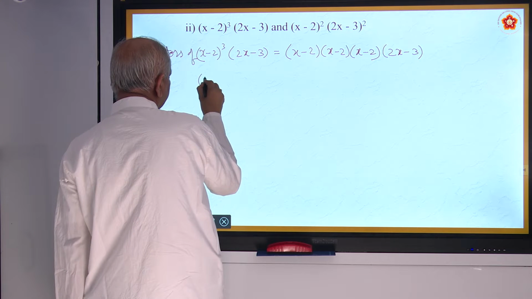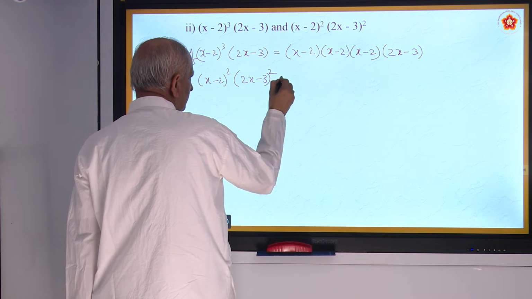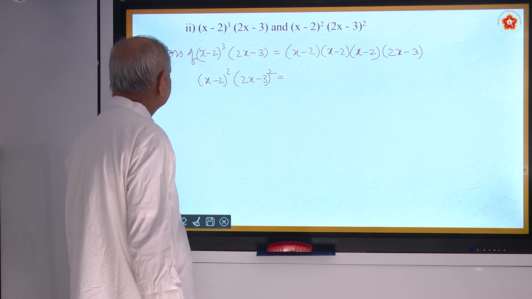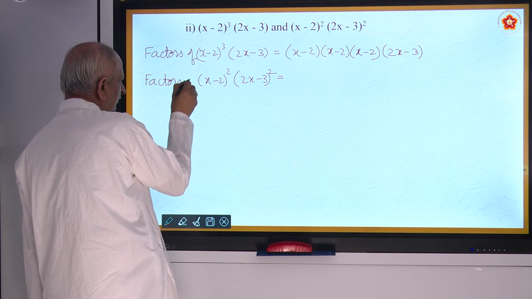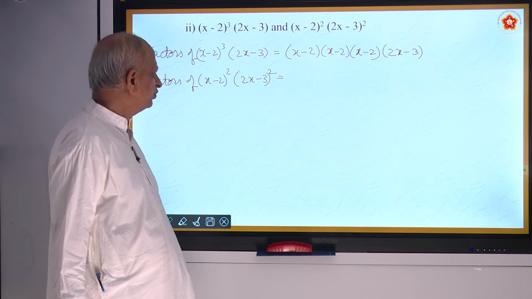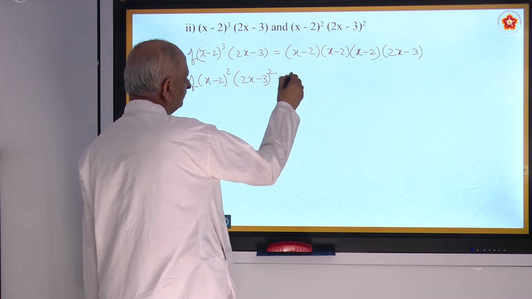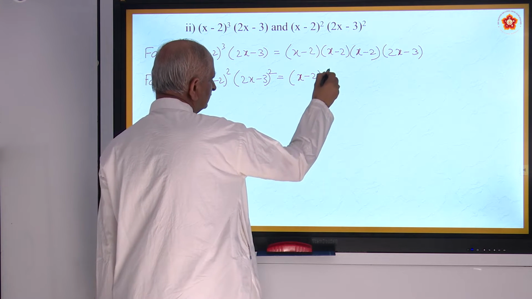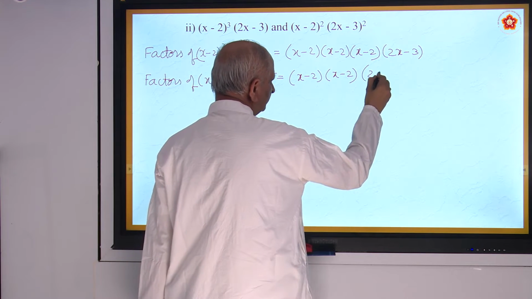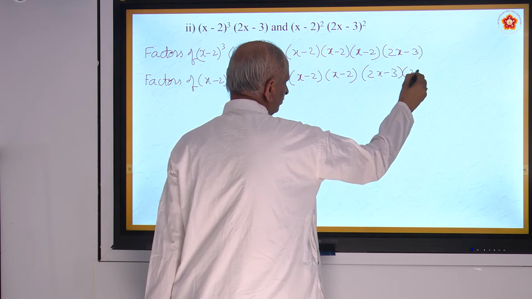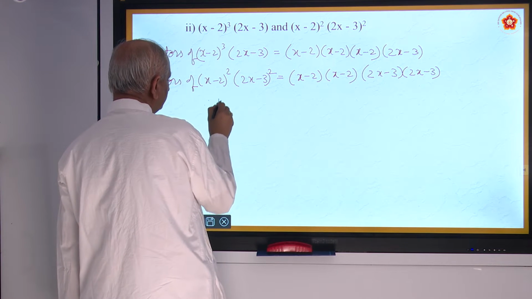And the other one is (x minus 2) whole square and (2x minus 3) whole square. In that you have the factors of (x minus 2) whole square and (2x minus 3) whole square. Correct? Whole square means what? You must write 2 times. For 2x minus 3, how many times? 2 times. In this you must see what is common. Therefore HCF